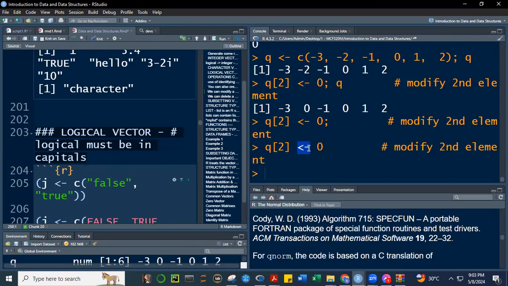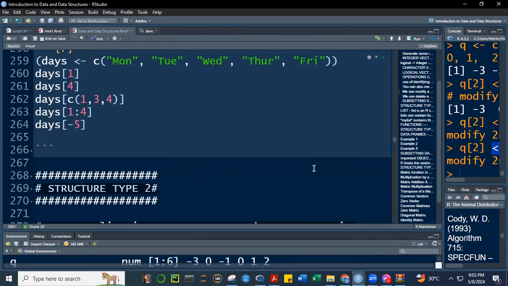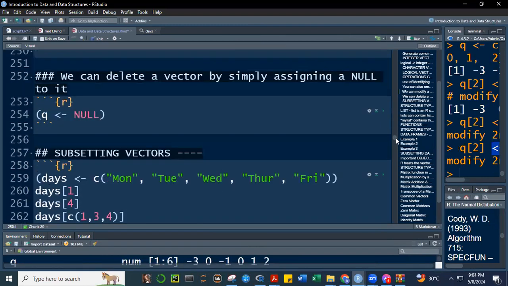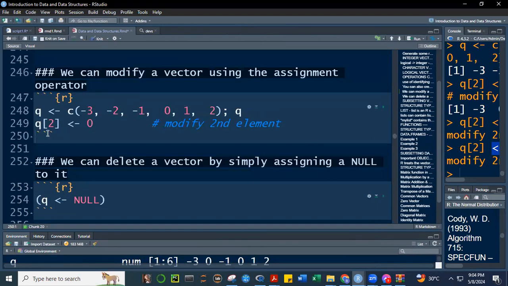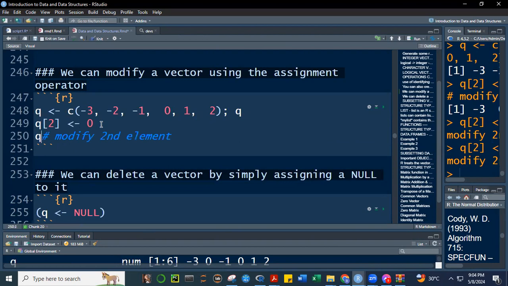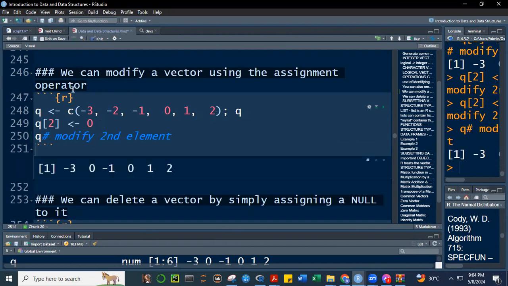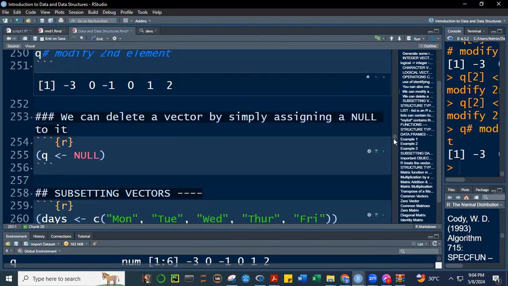Assignment operator to. So what we're saying is that Q, yung second niya, second element, okay, Q second element will be assigned to 0. So if I print Q, okay, -3, yung second element, which is -2, ginawa niyang 0. Okay, ganun lang naman yun. Okay? All right, so,